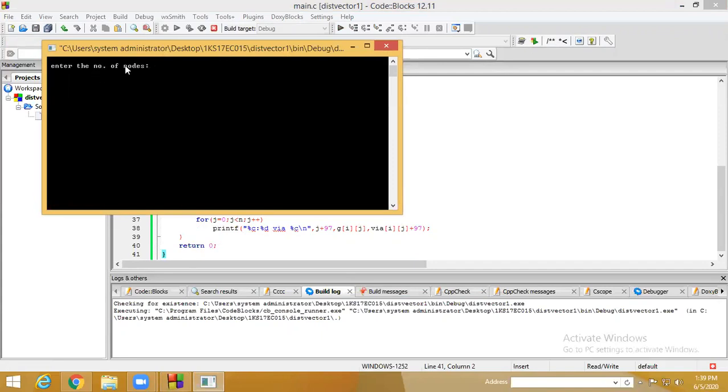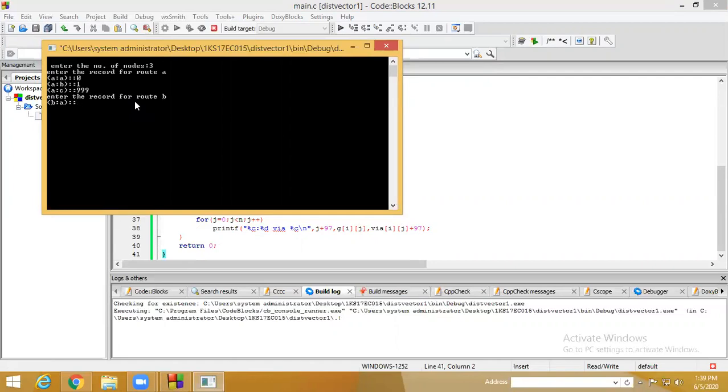Now we are going to enter the number of nodes. As we have seen in the example in the previous explanation, I am typing 3 and enter. Now what is A to A? We have to enter A to A. Within itself there is no value, so it is 0. Next A to B is 1, and A to C there is no connection, so it is considered as infinity, and here in place of infinity we are typing 999.